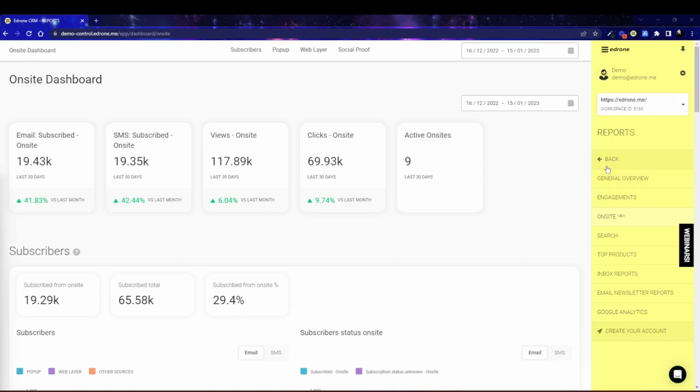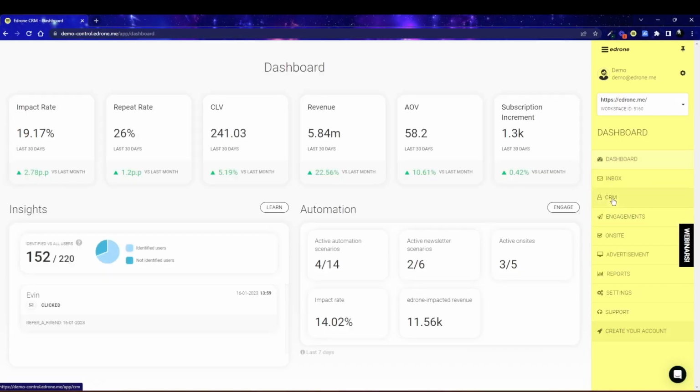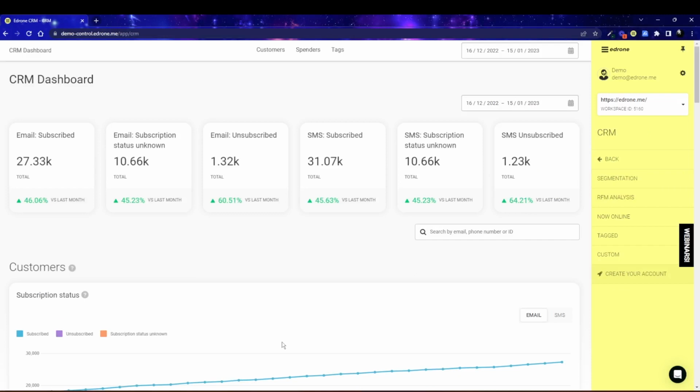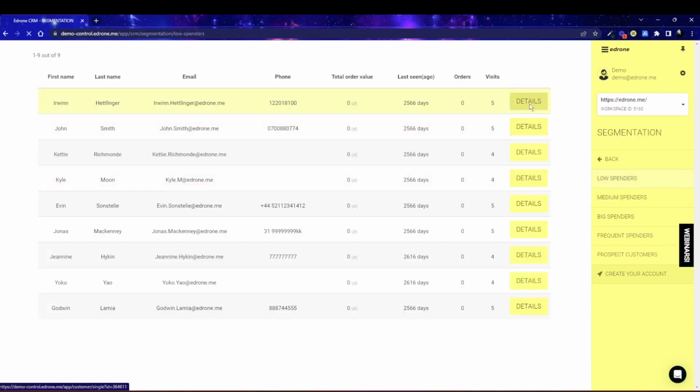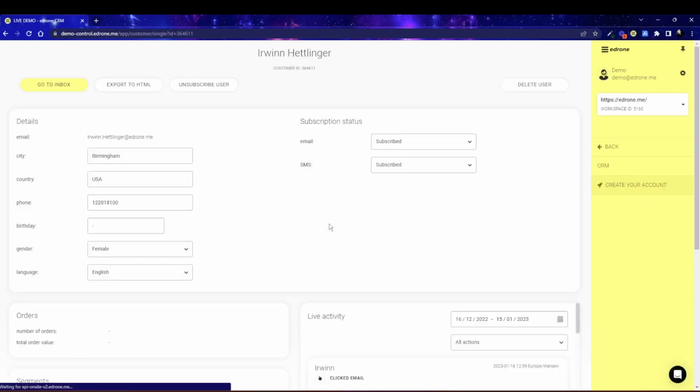Now go back to the main dashboard and now select CRM. Here you will find data on users, more specifically, the size of the customer base in their subscription statuses, segments created dynamically, as well as tags. You can also search for any customer, trace their purchase path by exporting their customer card, or changing their subscription